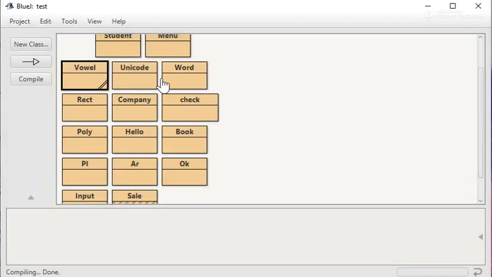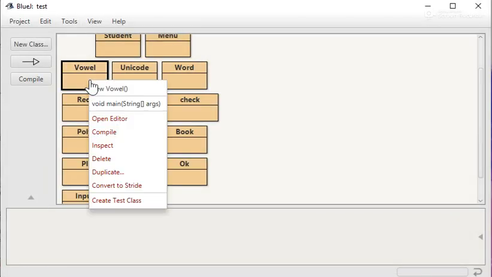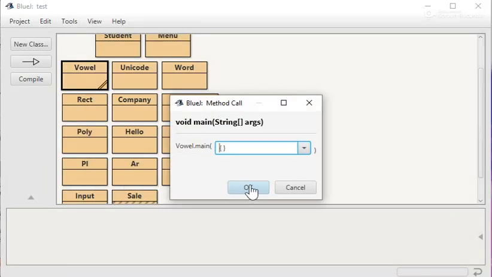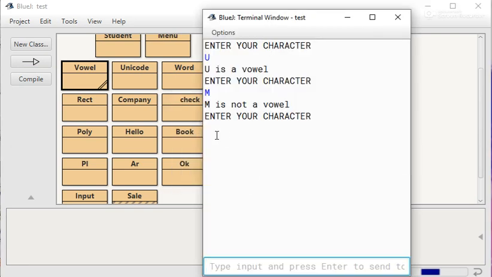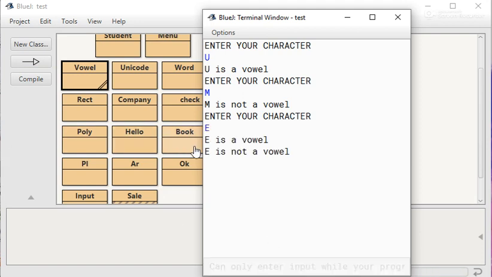Now look at this program again. We have executed this program again. Enter your character. This time I have given the character E and press enter. We get two messages: E is a vowel and E is not a vowel.